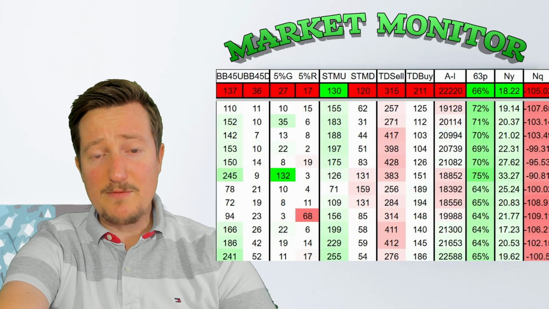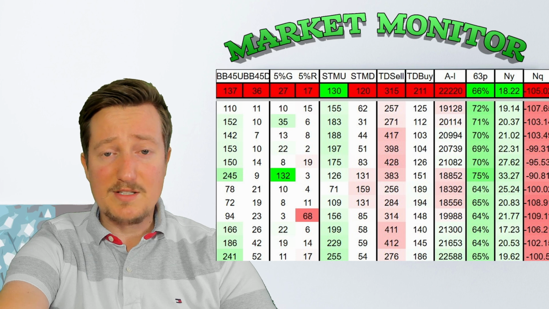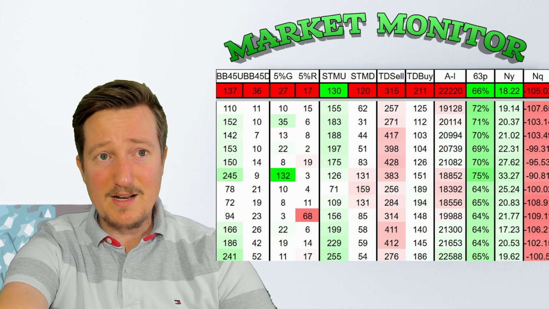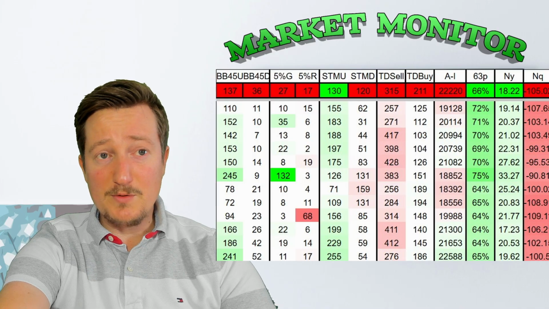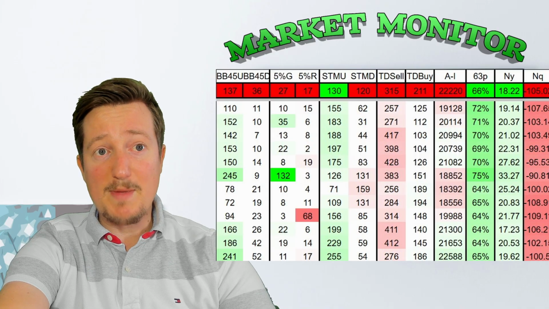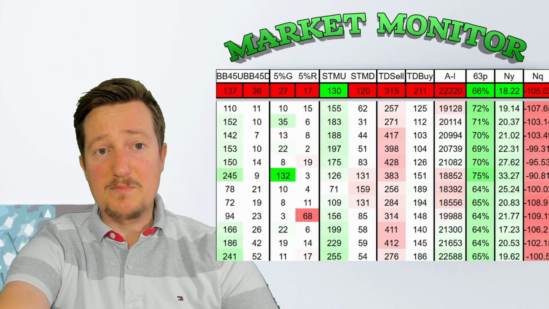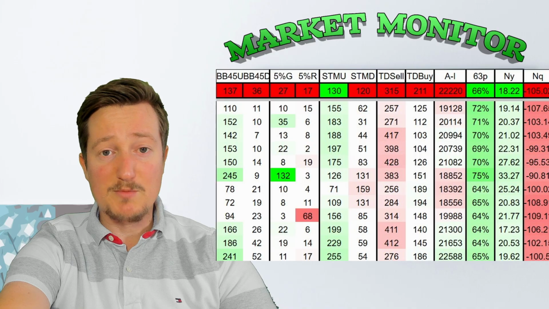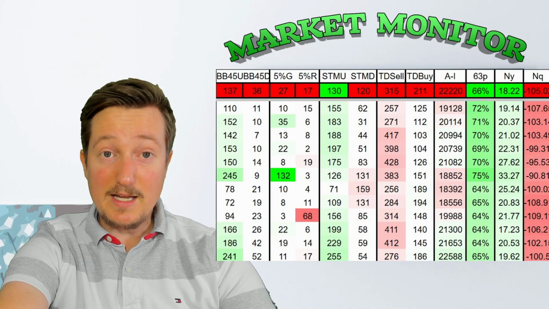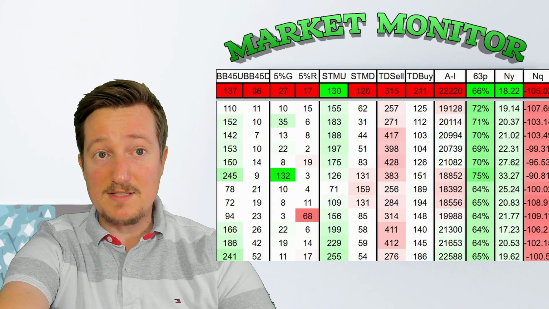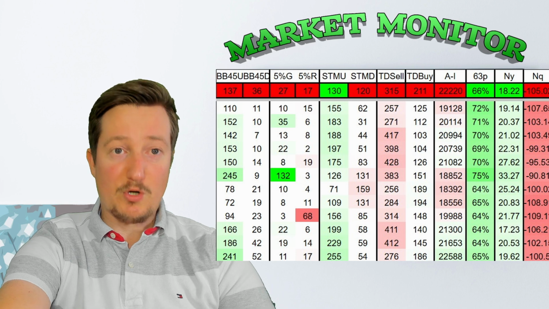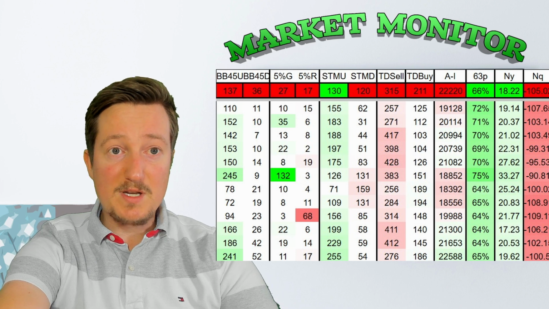As you can see, this BB45 is pretty simple. It's just stocks that are above a 45-day Bollinger Band or below a 45-day Bollinger Band. Nothing to see there. Stocks that have made 5% moves, either up or down. Nothing to see there. Now, something to see here is the short-term momentum up. That is basically just whether stocks are showing momentum short-term to the upside or the downside. And as you can see, we got a sell signal on this indicator as it's gone from 197 down to 88, and now it hit 155. So that's a big short-term sell signal, so we're likely to see some weakness going forward.